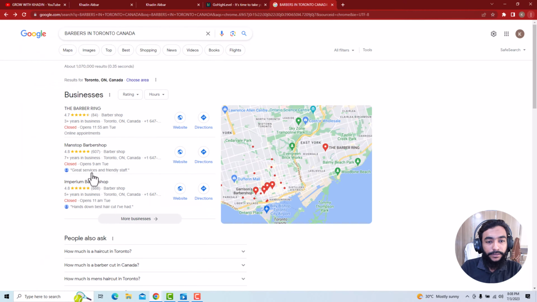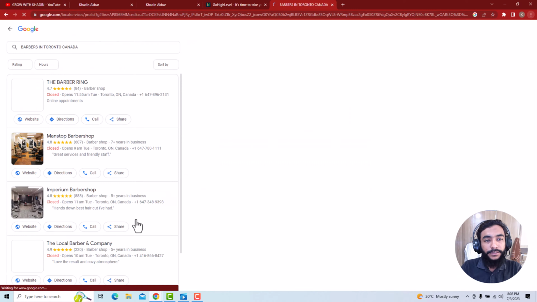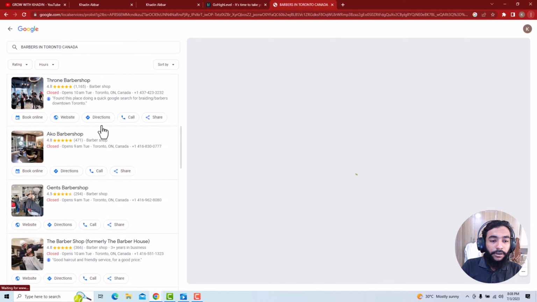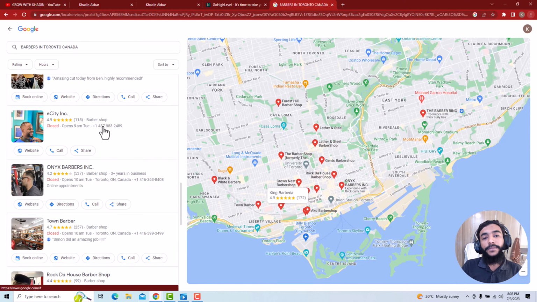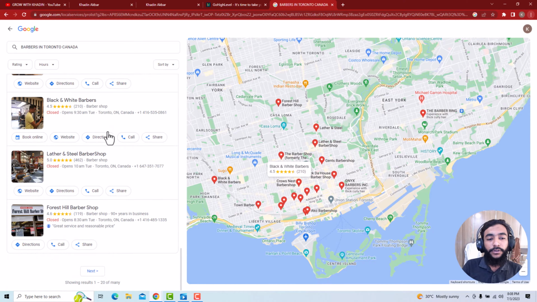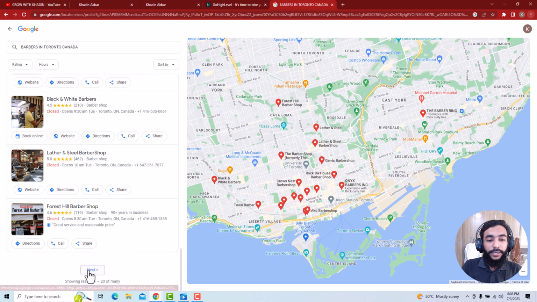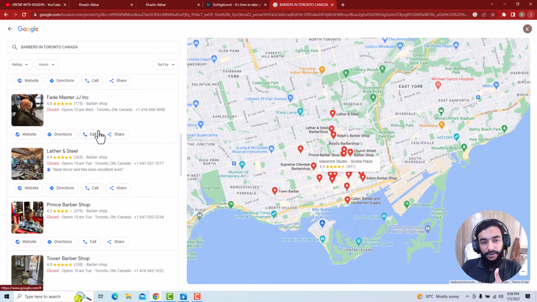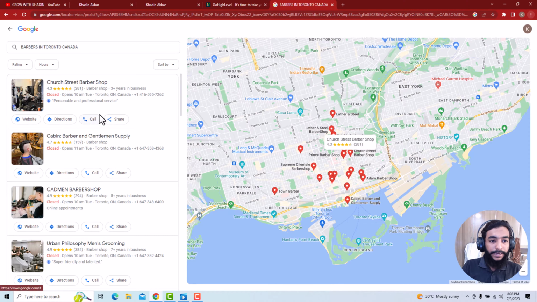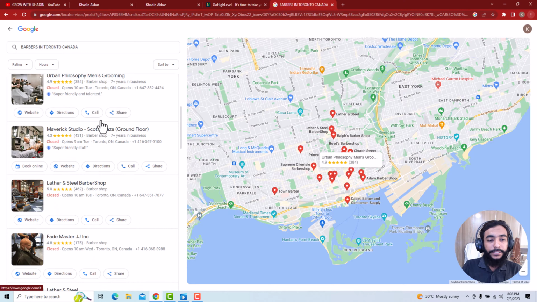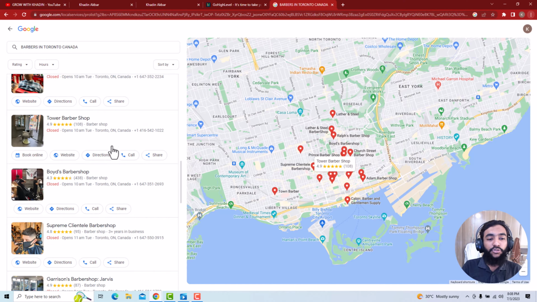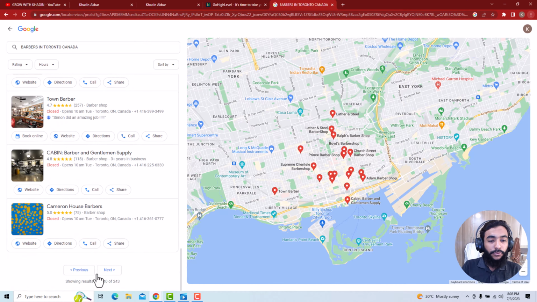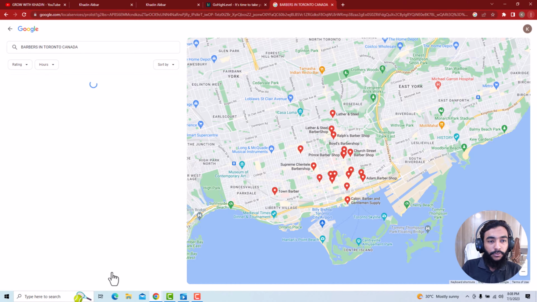Let me just go back. Yep, from there, more businesses here. Okay, so here you can see there are a lot of businesses, and at the top there are top businesses, so we'll not reach out to them. But what we'll do is we'll look at number 3 or number 4. And what we have to find is the businesses who don't have websites. Okay, so I'll just go below and below,